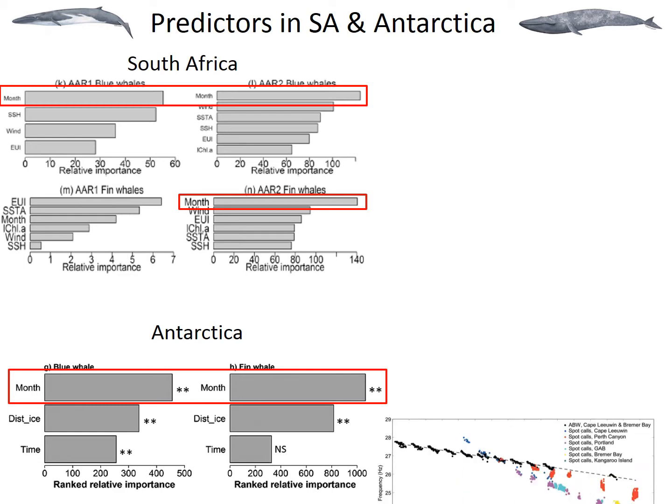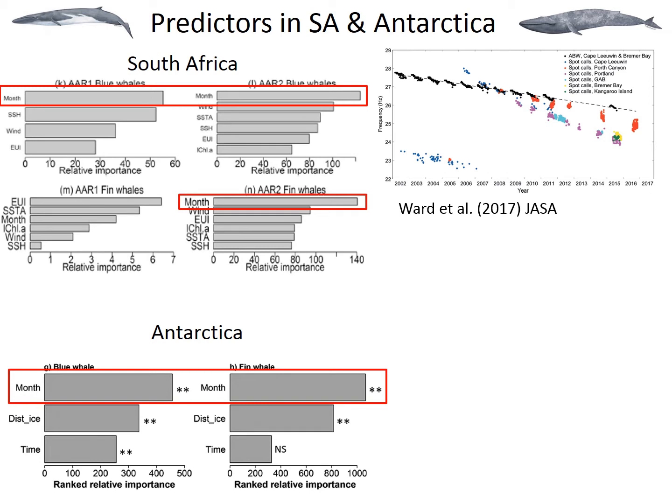And furthermore, this is important given that there have been changes in terms of the vocal or acoustic behavior of these whales. We've seen with blue whales, Antarctic blue whales, that there's been a change in the vocalizing frequency. They've decreased from 28 hertz. Now they're sitting at about 26, 25 hertz over time, and it is not known why they are changing their vocalization frequency. Is it because of noise? Is it because of the environment, or is it something else that we don't know? Looking into this kind of thing will be very useful for us to make a bigger picture of what's happening with these whales over time.